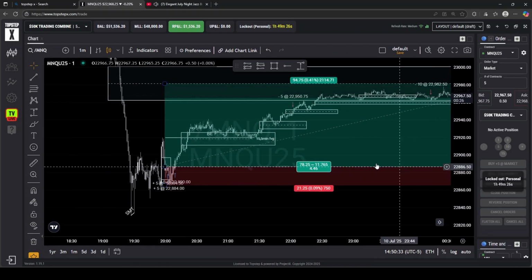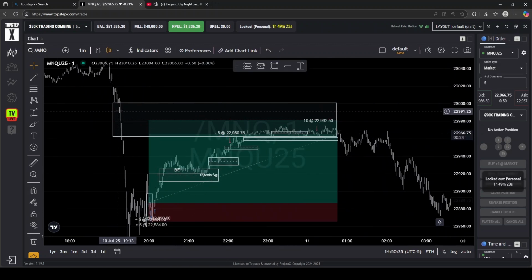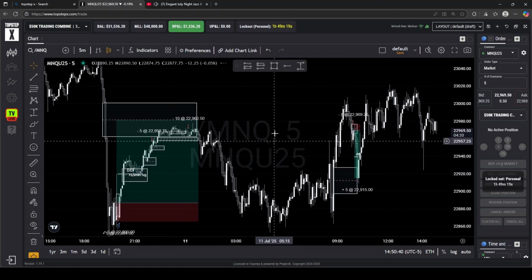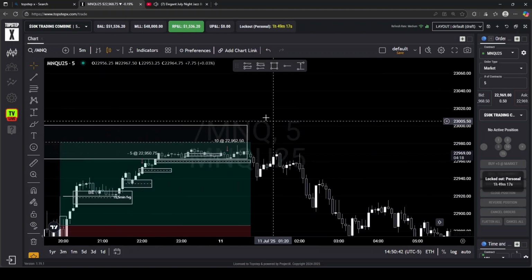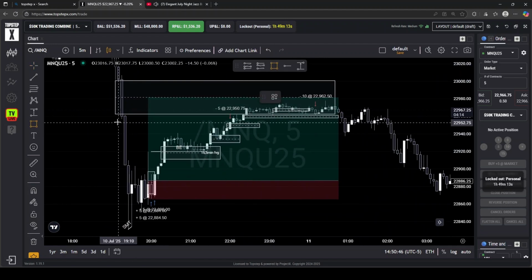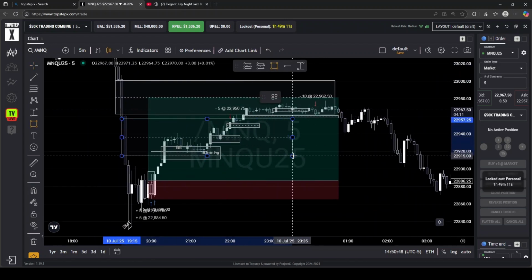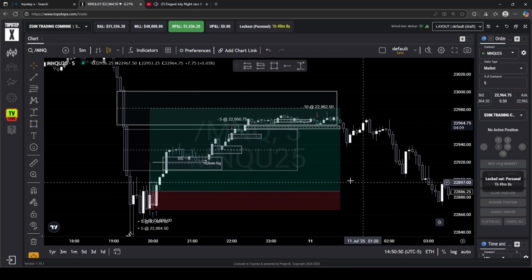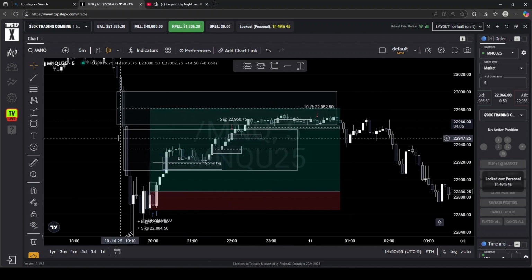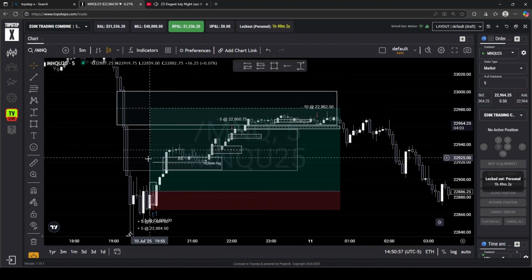And my target was this 5 minute. So let me go over that. Whenever NQ dumped, it created two fair value gaps. Created this 5 minute and another 5 minute here. This 5 minute would be called premium, but I wanted to get it on discount.